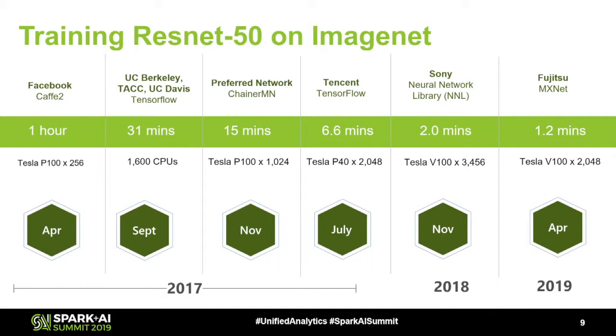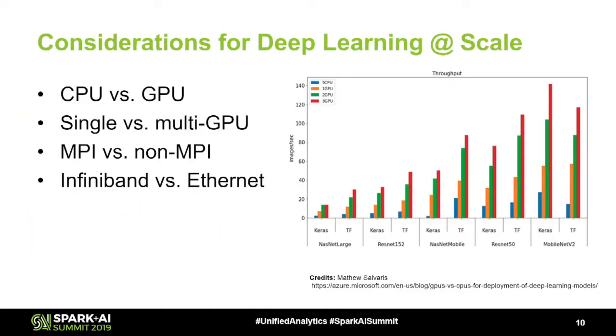And so that's also one of the reasons why when we start looking at combining big data, machine learning, and deep learning workload, and you'll see a lot of these sessions in this conference, it's super important to start thinking about how you evolve your infrastructure. And so what are the considerations for deep learning at scale? Well, one is CPU versus GPU. Two is, should you have a single versus multi-GPUs? And once you have all this figured out, you should think about, should this be a message passing interface or MPI-based or non-MPI system? And underneath, interconnecting all these nodes, should it be InfiniBand? Should it be Ethernet? Or should it be some sort of accelerated networking infrastructure?